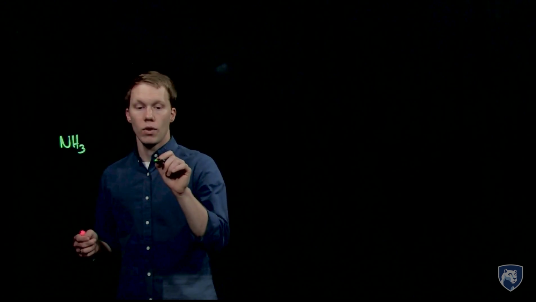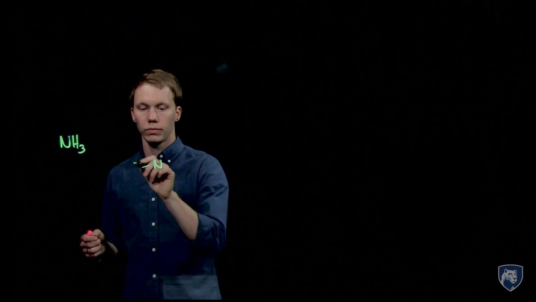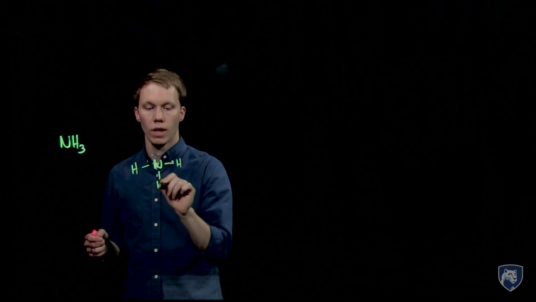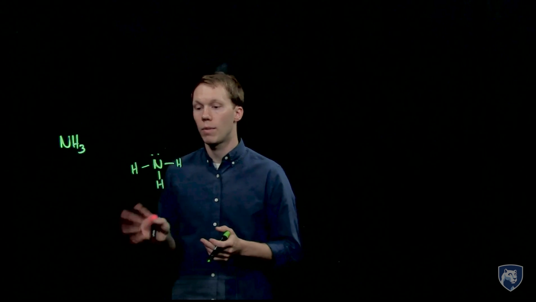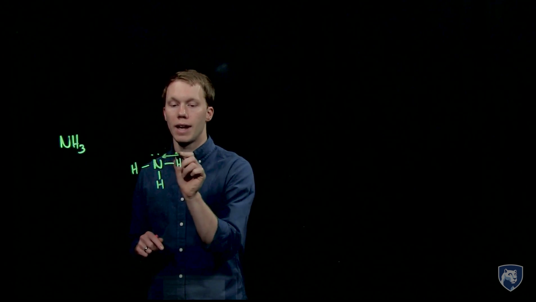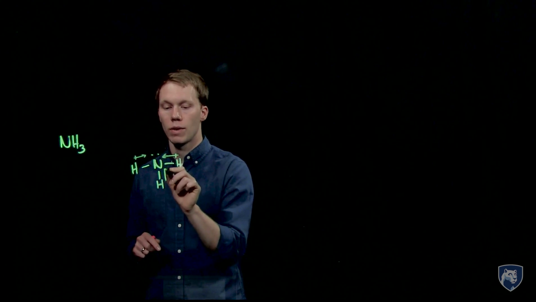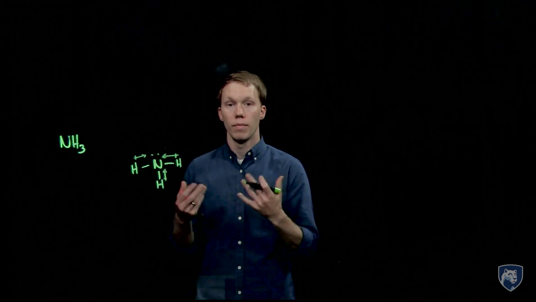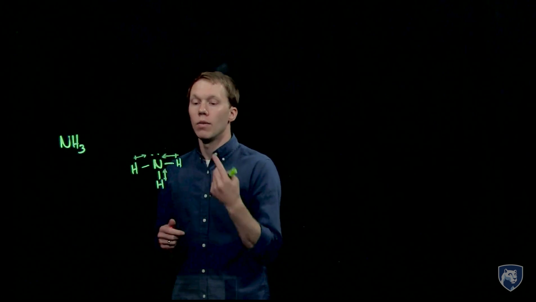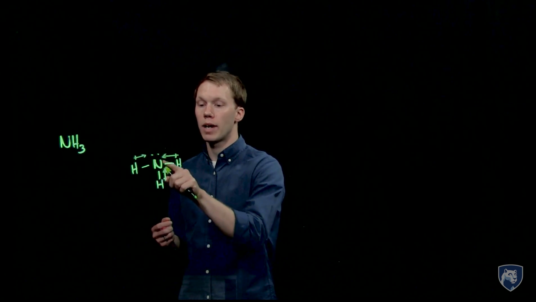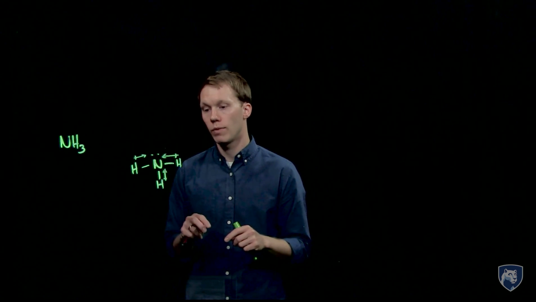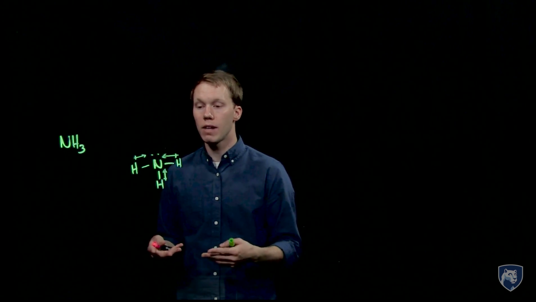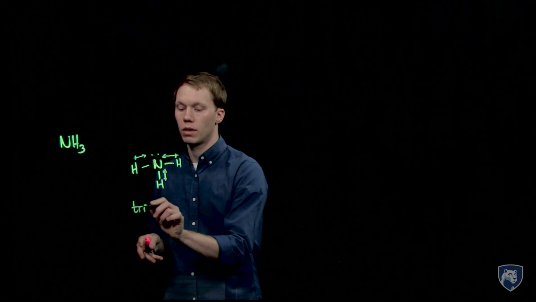Now let's look at something that has lone pairs on the central atom. Take ammonia. We can draw the Lewis structure as such, thinking about the molecular geometry. And, well, before we do that, let's do our polar bonds. Nitrogen is more electronegative than hydrogen, so we will have my polar bonds in the direction of that nitrogen atom. We have 4 electron domains. We have those 3 bonding groups and the lone pair. So that would be electronically tetrahedral. But when we look at the bonding groups by themselves, we would get a trigonal pyramidal